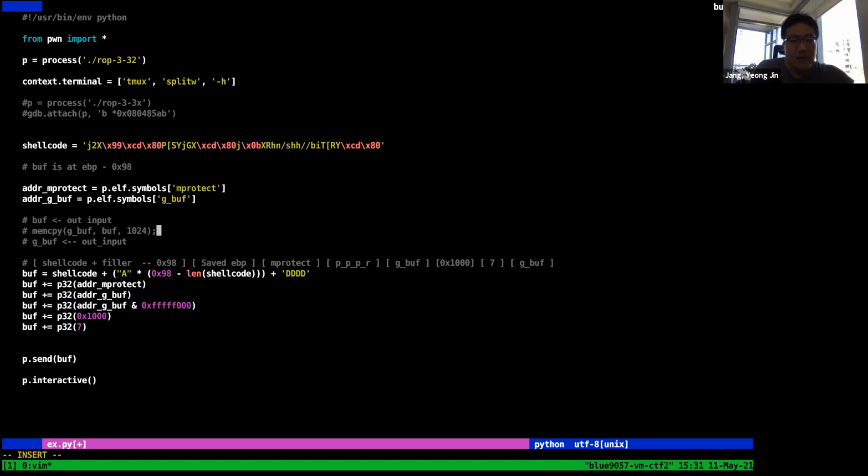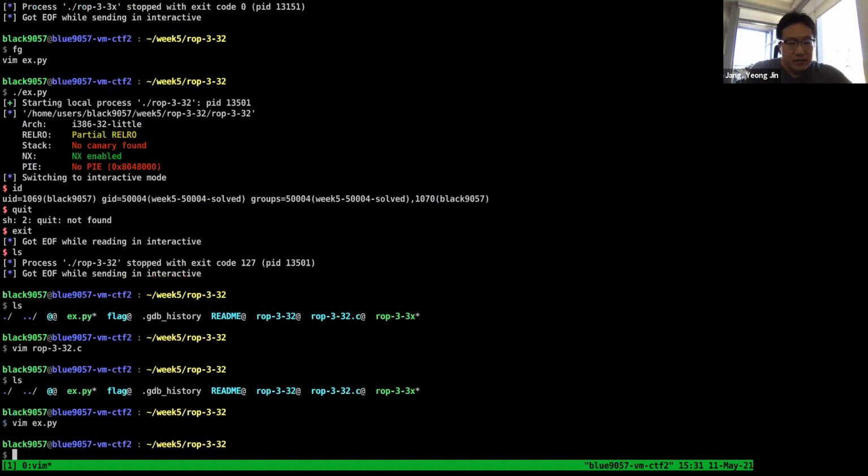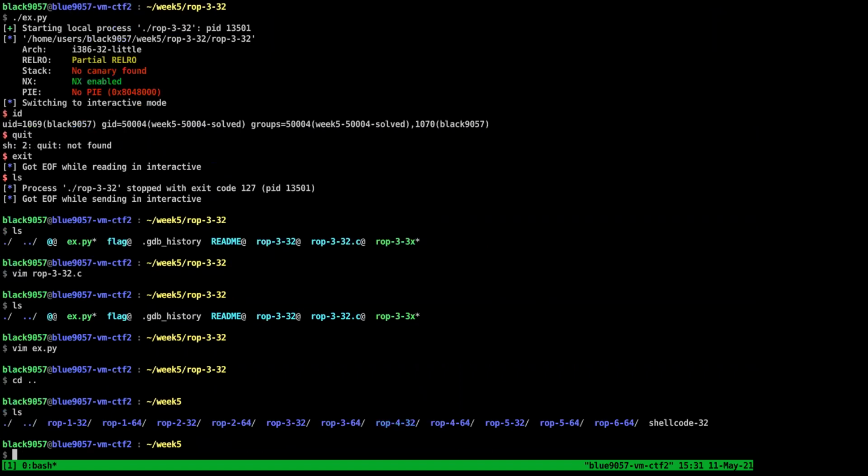So after watching this, I'm sure that you can easily change this kind of exploit to the 64-bit version. The only difference is a little bit of matching of the blocks of memory to the 8 bytes. So you should use p64 instead of p32. Another difference is that the argument passing is based on the register values. And then let's move on to